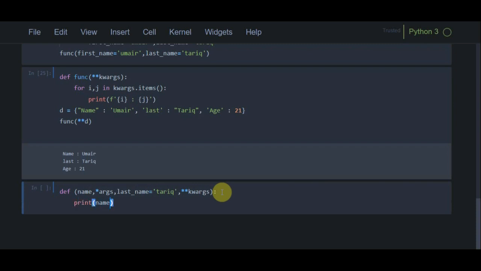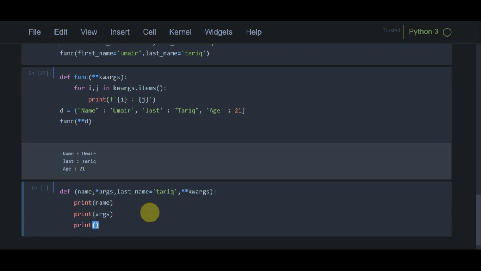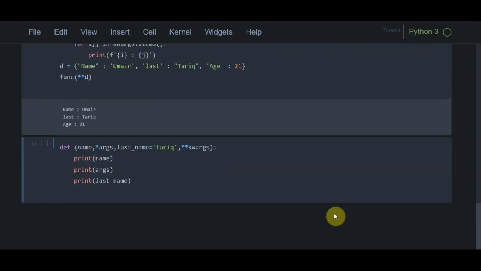We can write print name, print args, print last name, and then print kwargs. Now we need to call the function.